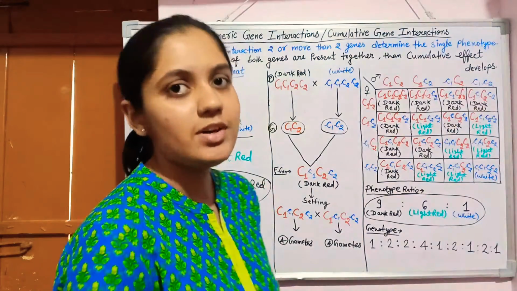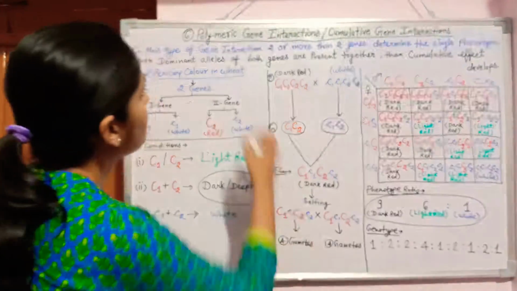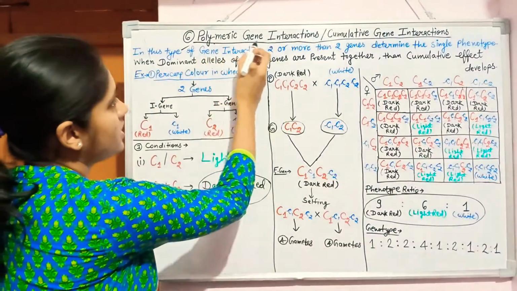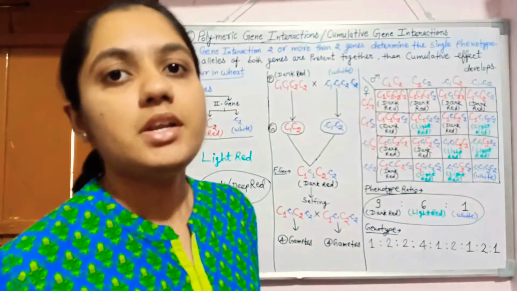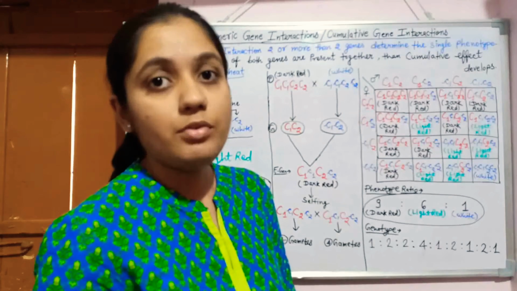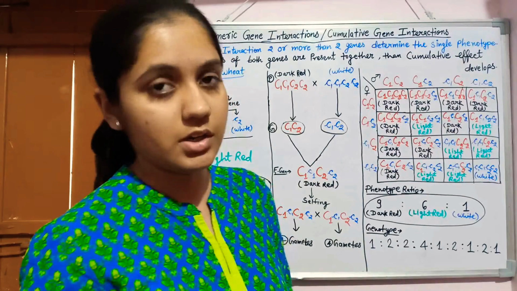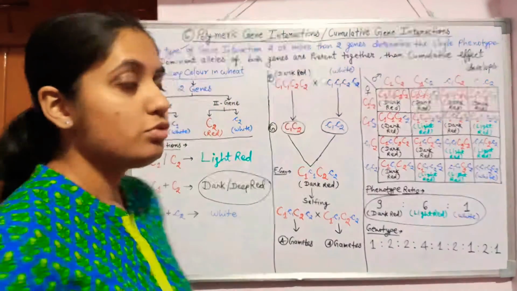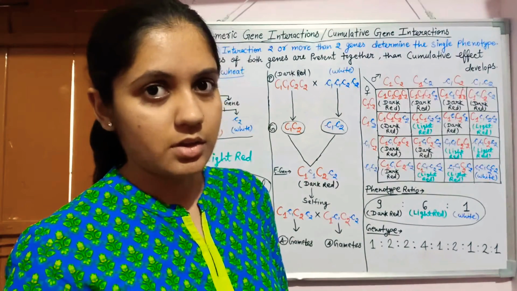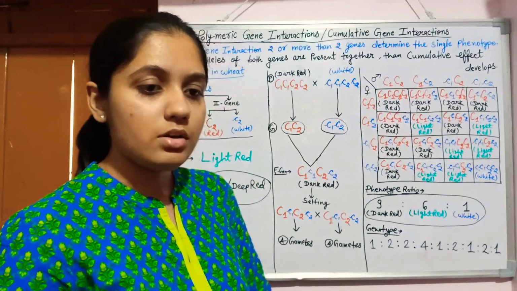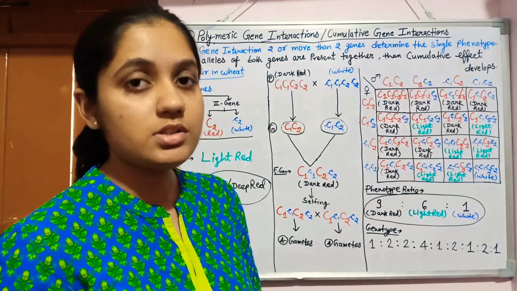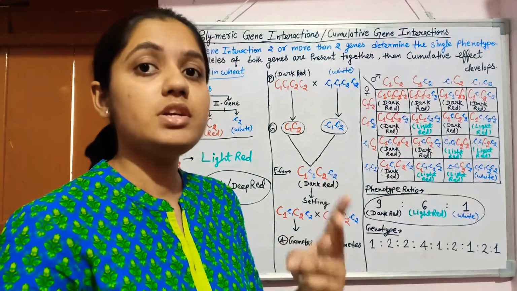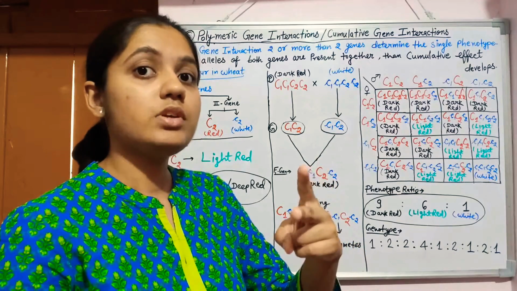Okay, so today we will discuss the topic of polymeric gene interaction. Polymeric gene interaction is a type of intergenic gene interaction. You know the term intergenic means between two different genes. The interaction is known as intergenic, and these two different genes means the two alleles of the two different genes